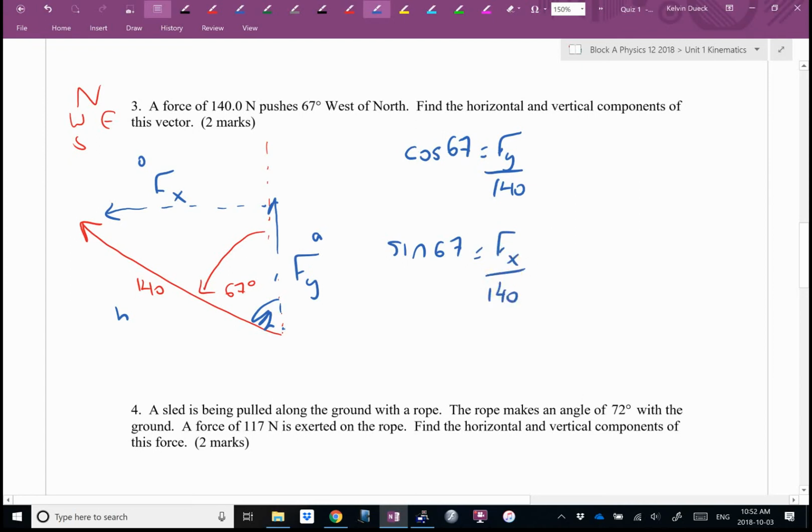I think I had given you this silly shortcut that y is sine only works if the angle is from the horizontal. So that stupid shortcut that I showed you doesn't always work. It's worth doing the trig. But now, times by 140, times by 140. So Fy is going to be,